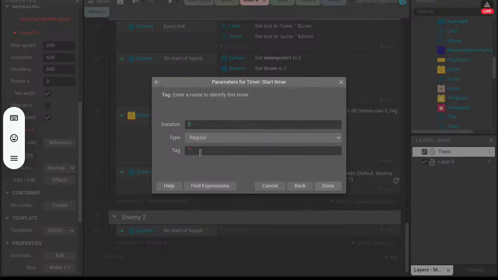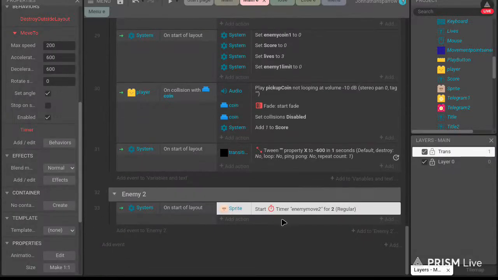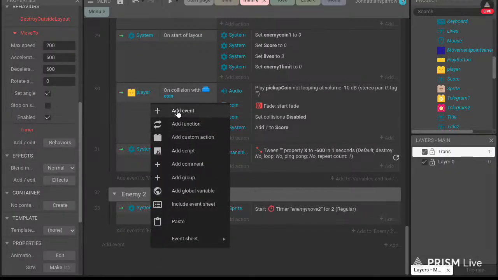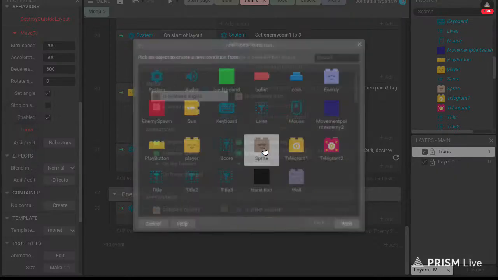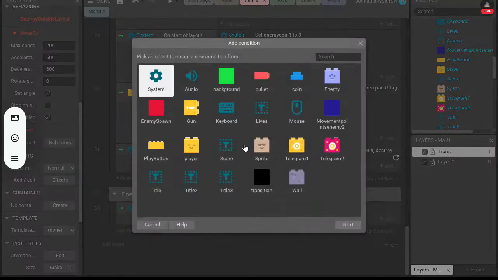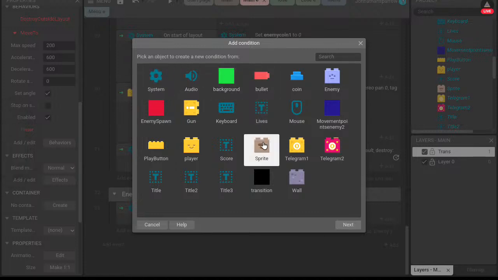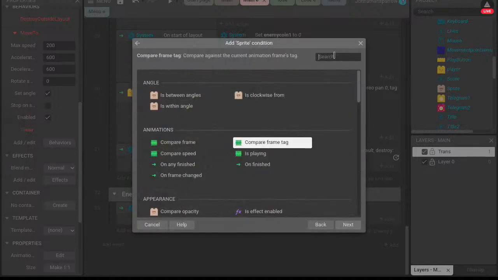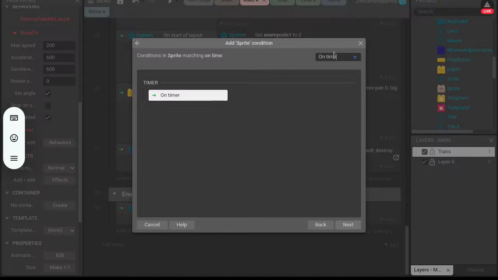Regular. I'm gonna call it move 2 to symbolize 2. Alright, so I'm gonna add an event. And I did that wrong. I want it all to be organized. On timer.